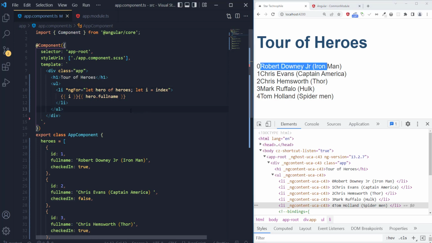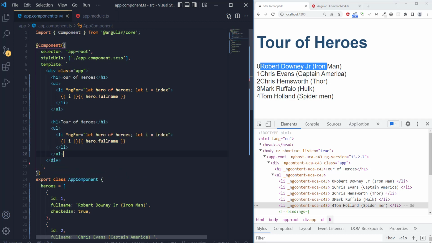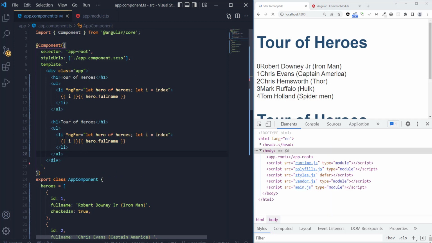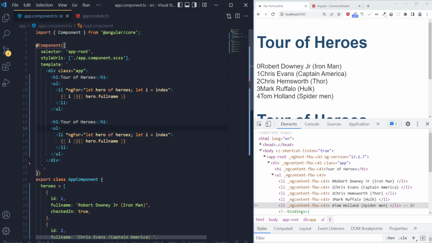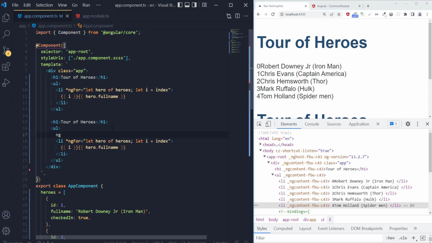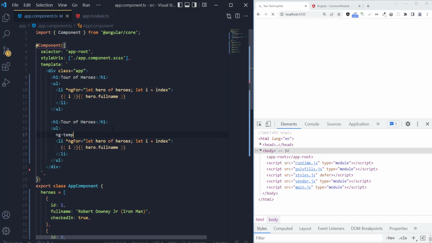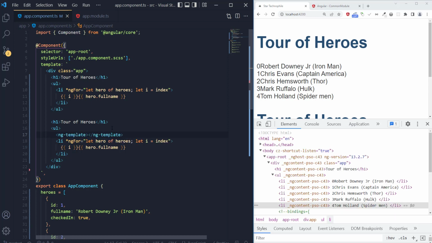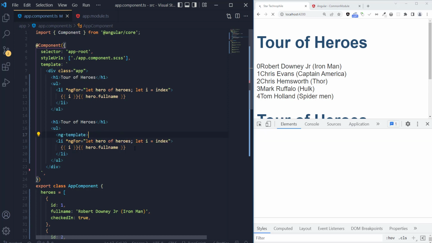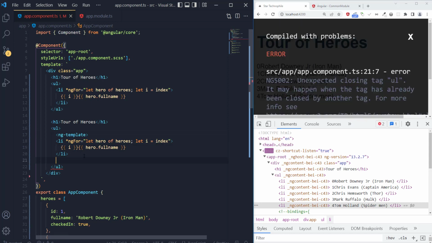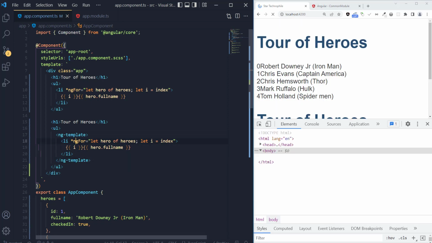Okay, now the question coming again is why this ngFor is working. So this is the easy syntax. Now if you want to do it using ng-template, to see how this is actually working behind the scenes, how will you do that? You will wrap this inside the ng-template. Okay, so this is the ng-template, Ctrl+X, and inside the ng-template,